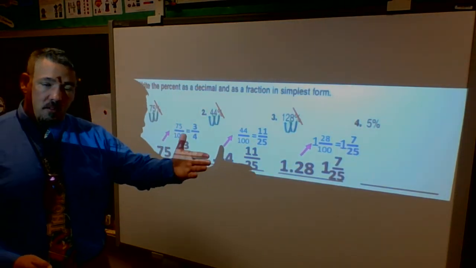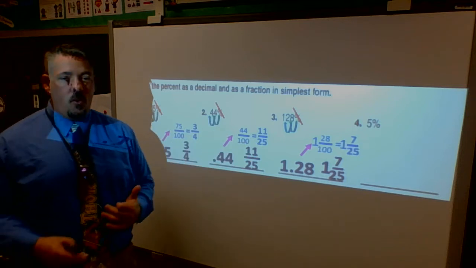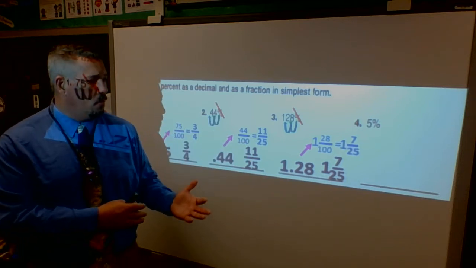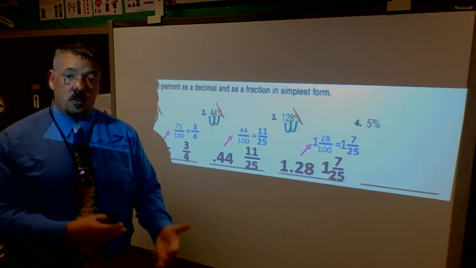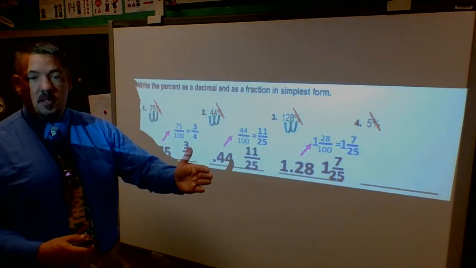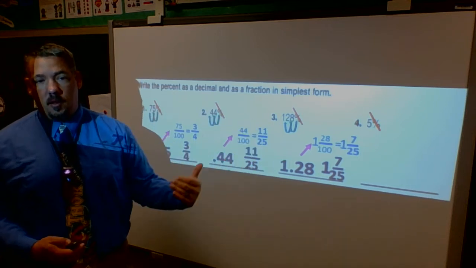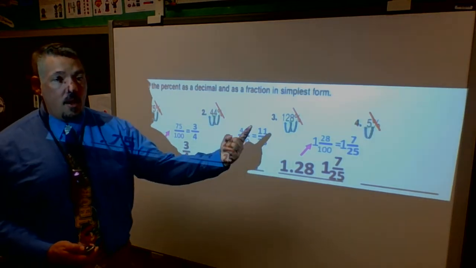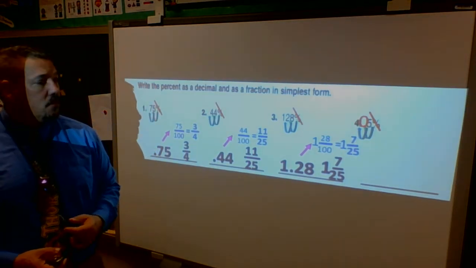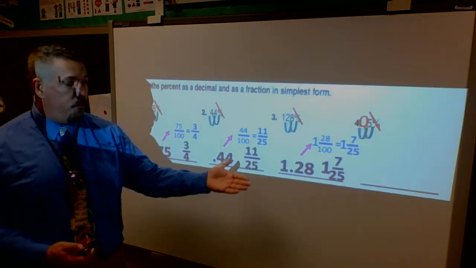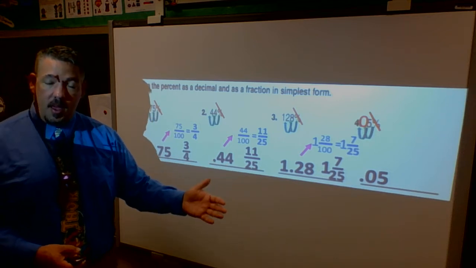My final one then is 5%. That one only has 1 position though. I have to move it 2 times. What do I do? I still do the same process. Drop my percent sign, move my decimal from right to left 2 times. And when I run out of decimal spaces, I simply add a 0 so I can move it again. That gives me 0.05, which is also said as 5